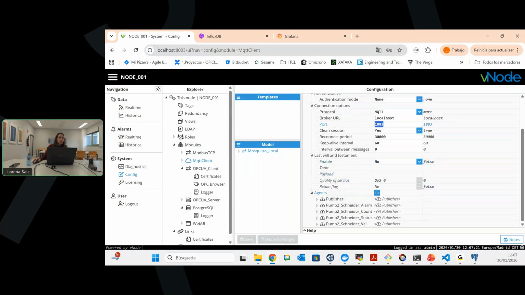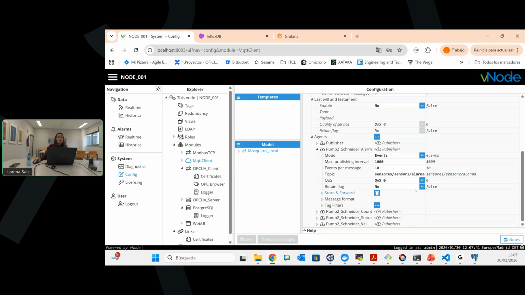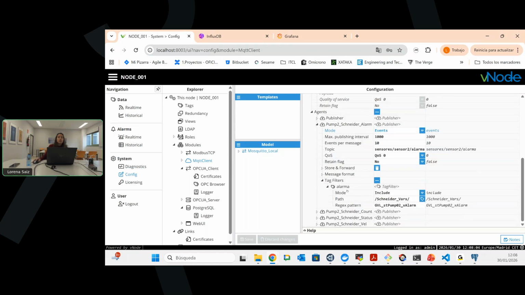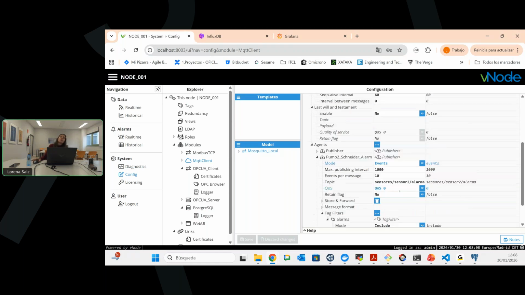Here are the options for quality of service and everything to make it more reliable, as we saw in the previous lesson, all the things you can configure. And then here I made different publishing methods. Here you can publish periodically, each 1 second or whatever, with a snapshot of the last information we have. Or with this configuration, we are saying that on events, each time the tag filter, in this case the alarm variable, is changing, we are going to make